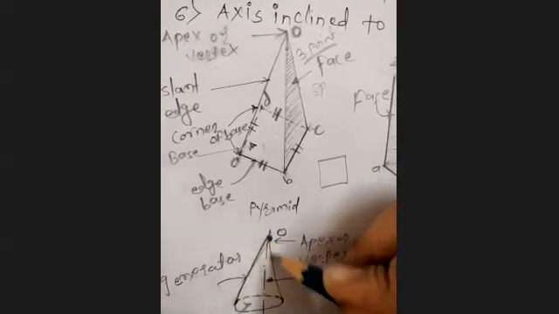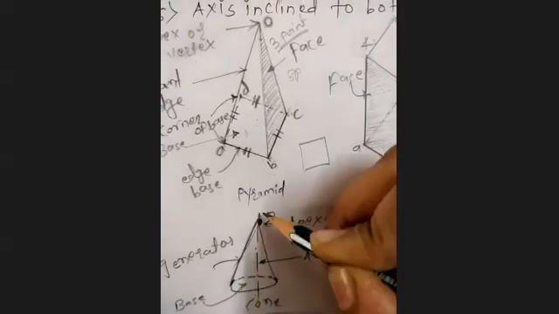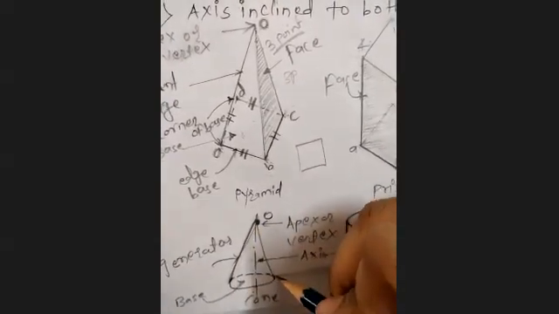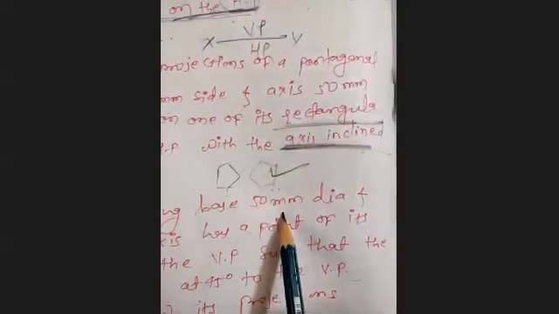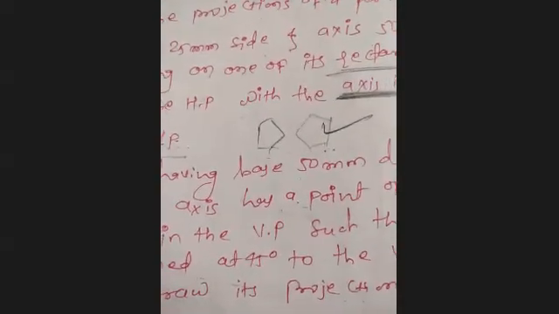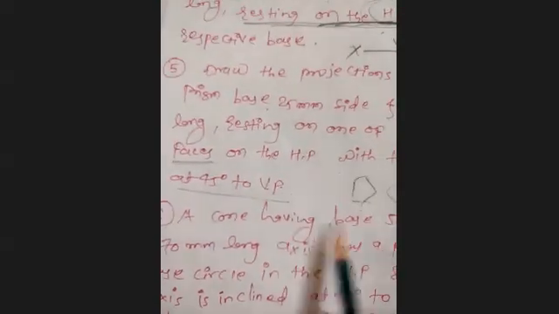This is the cone. And upper part of this cone, is it pyramid or prism? Pyramid. Means first of all, you have to draw one circle whose diameter is given here as 50 mm. Means radius is 25 mm. And where you have to draw your plane, above XY line or below XY line?